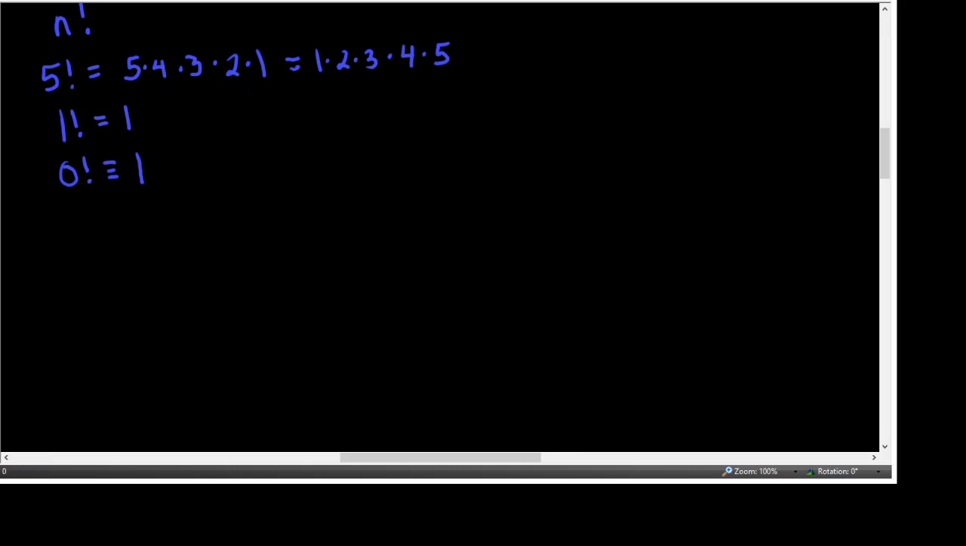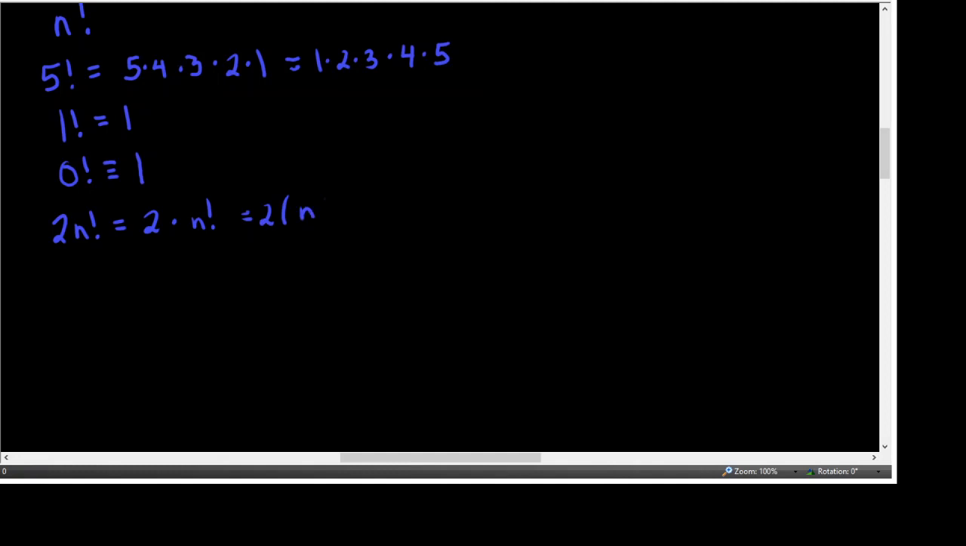You do need to be careful. The order of operations, it's kind of like exponentiation. If you have 2n factorial, the factorial, like an exponent, is more important than the multiplication. So this is going to be 2 times whatever n factorial is. Okay? So that's going to be doubling